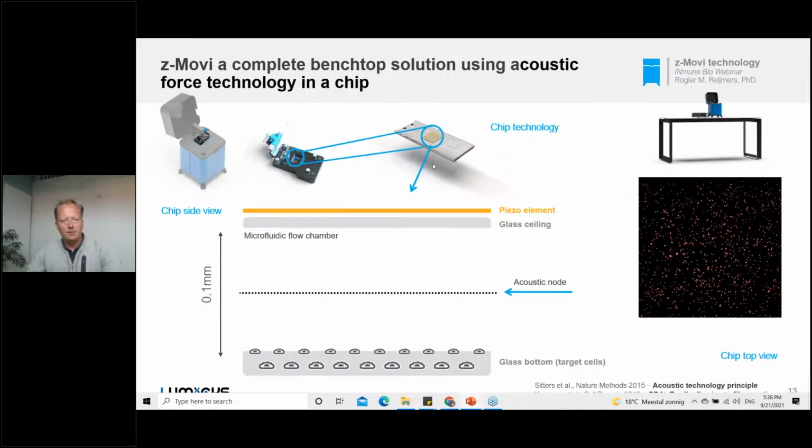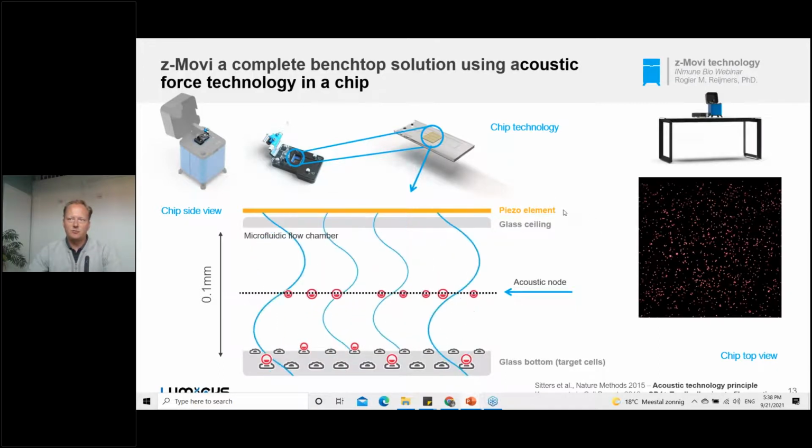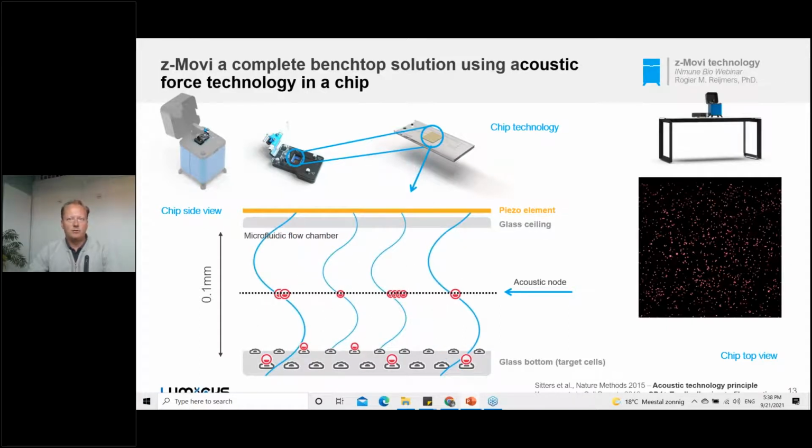So here you see our technology on the top, where you see the Z-Movi chip. Within this chip, you have a small microfluidic system where you have a lab on a chip, and on top of the chip, you have a piezo element. And this piezo element will induce acoustic waves. And if the magnitude of the force exceeds the binding strength of the cell pairs, the effector cells will be lifted into an acoustic node, which can be considered a zero gravity area where the cells float until the piezo is switched off. And here at the right, you can see a movie of how this looks like when you